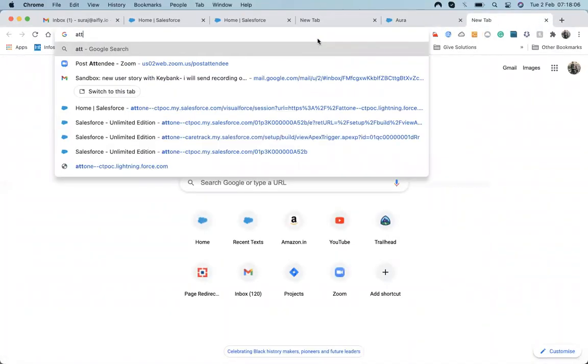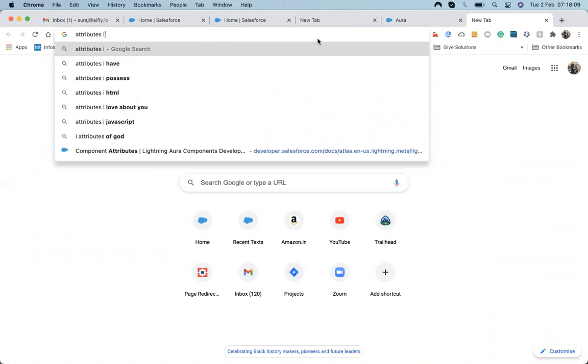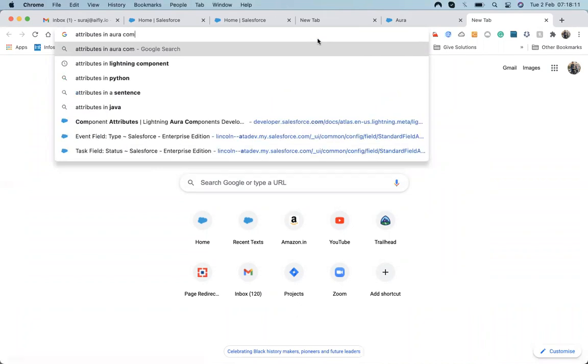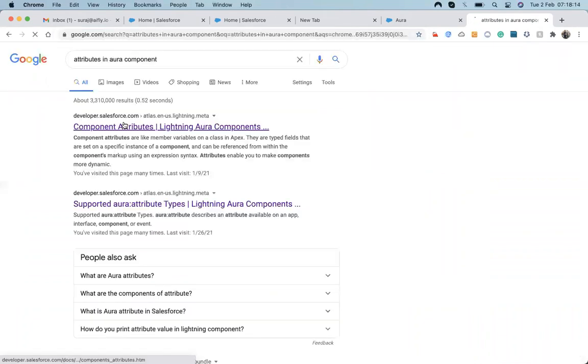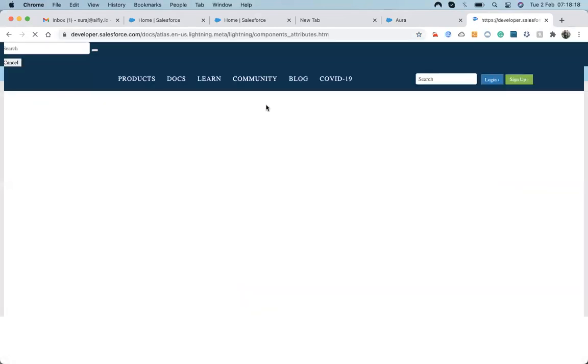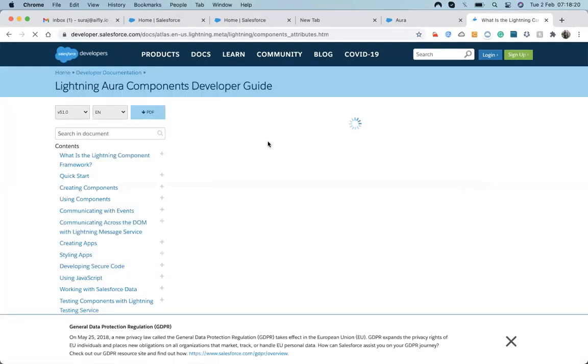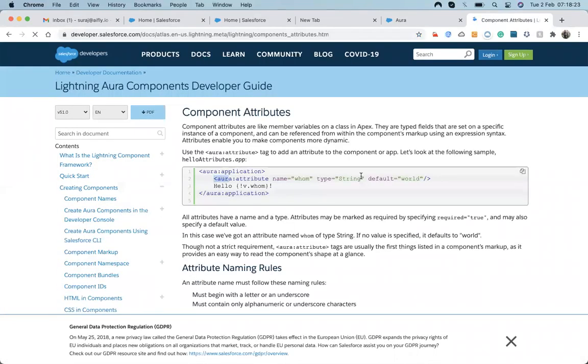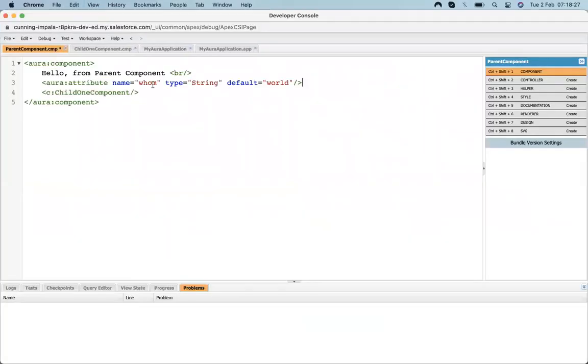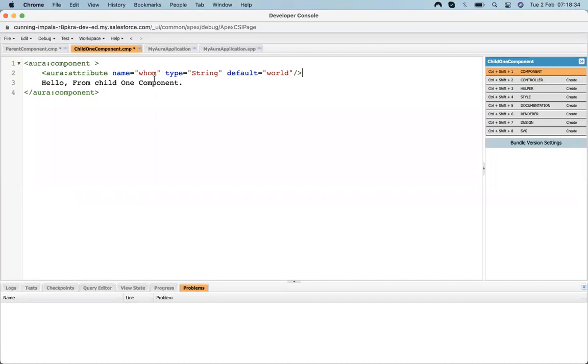For that, let's declare some attributes. I declared an attribute inside the child component. Name child.